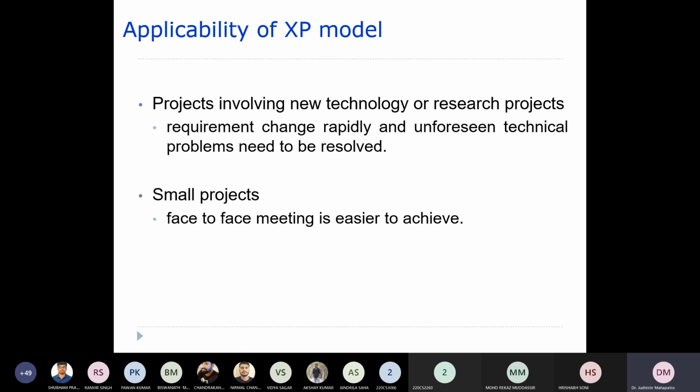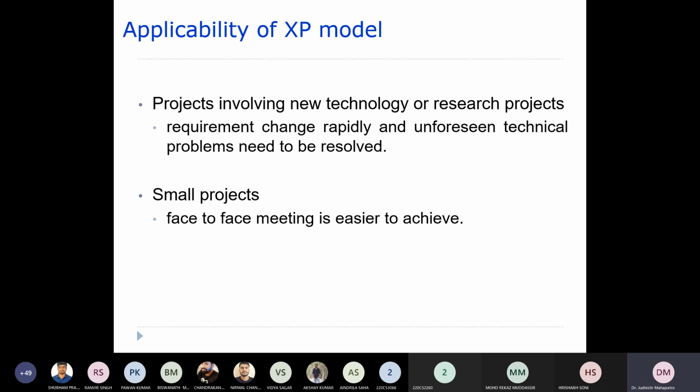We may not have seen some technical problems which usually appear more often. So whenever there is a project of some research kind, we can use this.